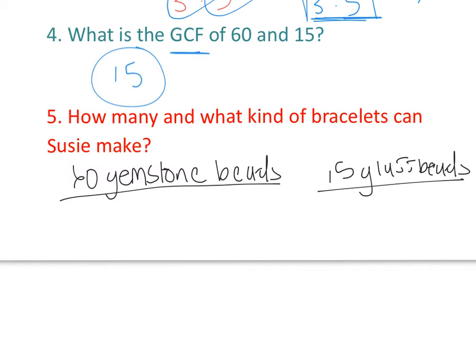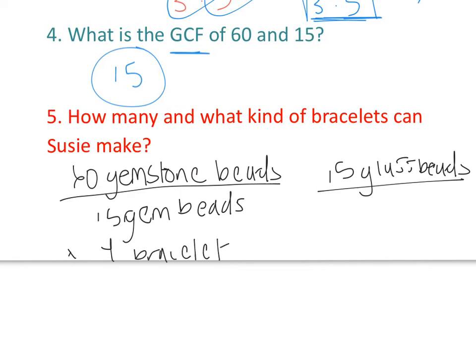So we know with 60, when we said the GCF of 60 and 15 was 15, she's going to be able to put 15 gemstone beads, and then she can make 4 bracelets that each have 15 total beads on them,